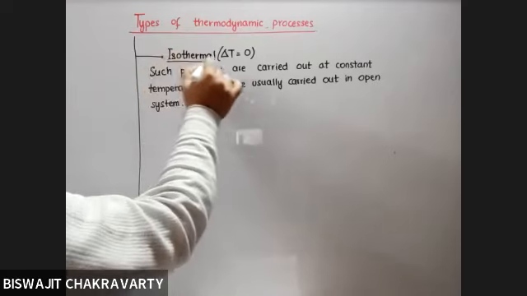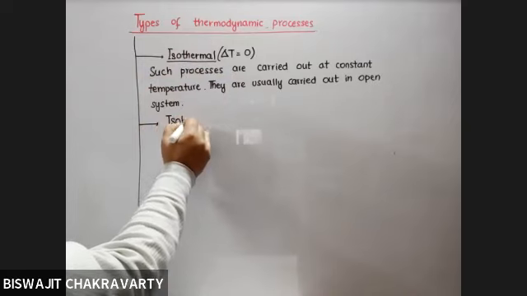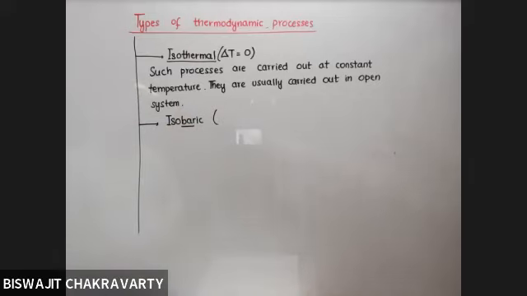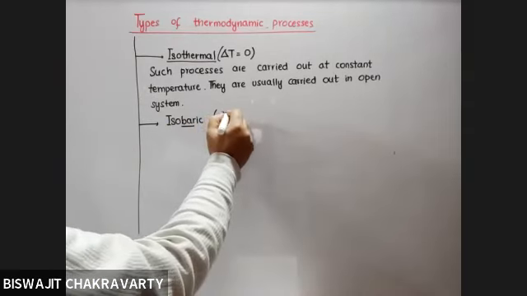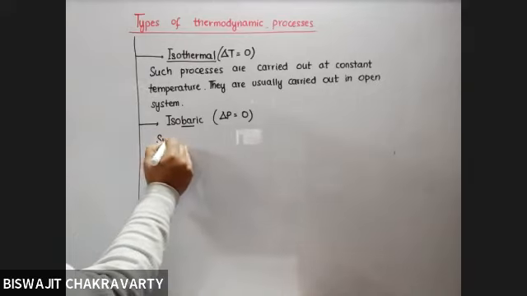So this is isothermal. Next, we'll talk about isobaric process. Bar is unit of pressure. And when I use the term isobaric, iso means same. So if the process is carried out under constant atmospheric pressure, for that also we can have an open system, because when the vessel is open, whatever process is going on will be under constant atmospheric pressure. It will be isobaric process.